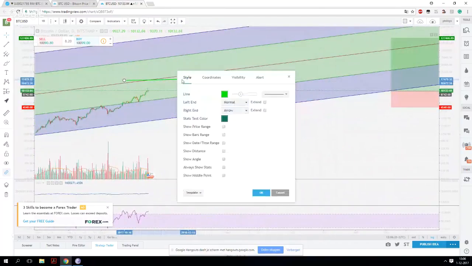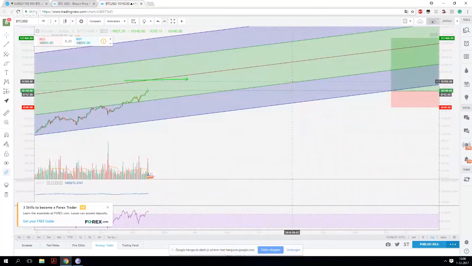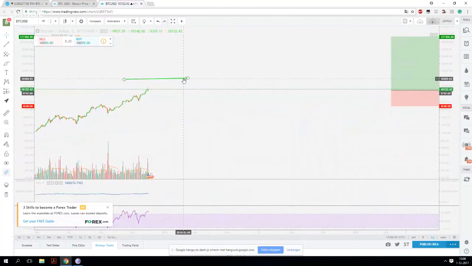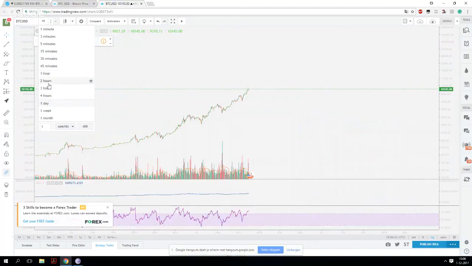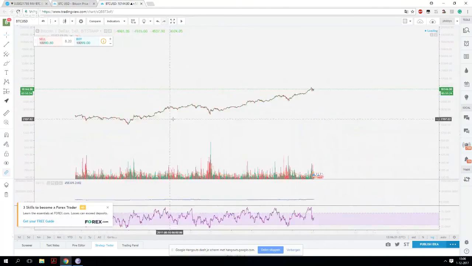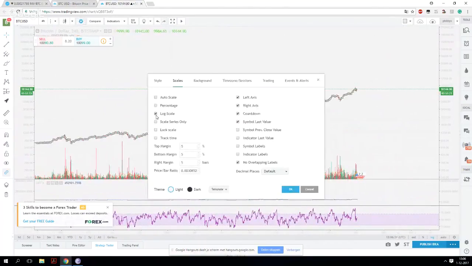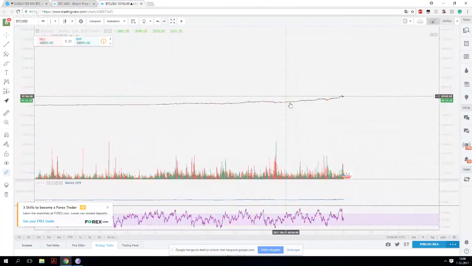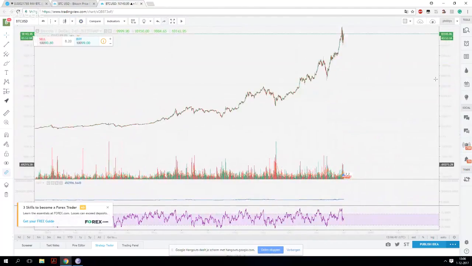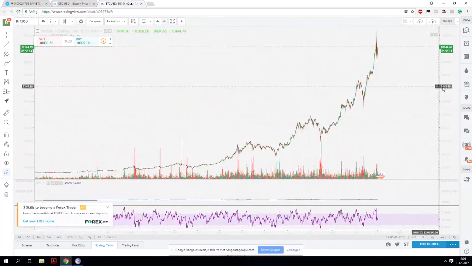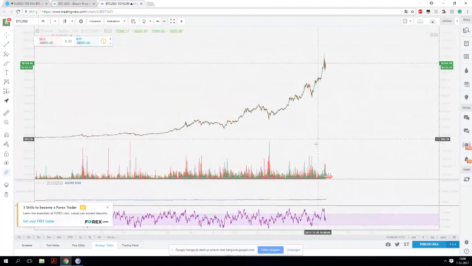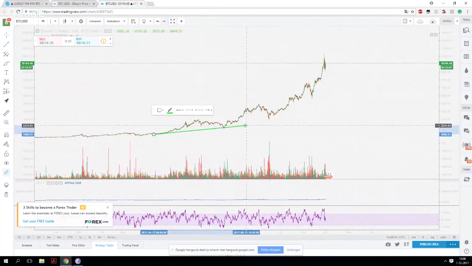Now let's look at a shorter time frame, because for the swing traders we have in our group, something really nice. Let's take 4 hours, and I'm going to remove the log scale, because log scale doesn't work for short-term trading. Okay, so let's see what's going on here. It's pretty simple. This is a parabolic fan, so that would mean support,